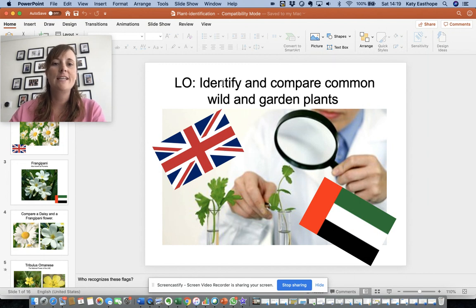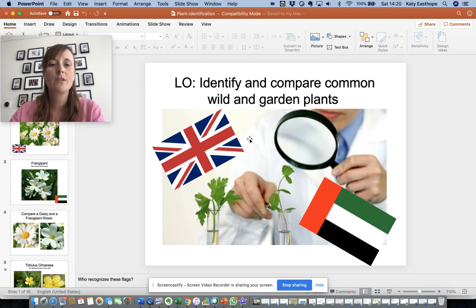As you can see today, we're going to be learning to identify and compare common wild and garden plants. Now, identify, what does that mean? What could I be talking about there, identify? That's right, it means to recognise, to be able to look and think in your brain, oh, that's what that's called. So you're recognising, you're identifying, and then we're going to compare some of the wild and